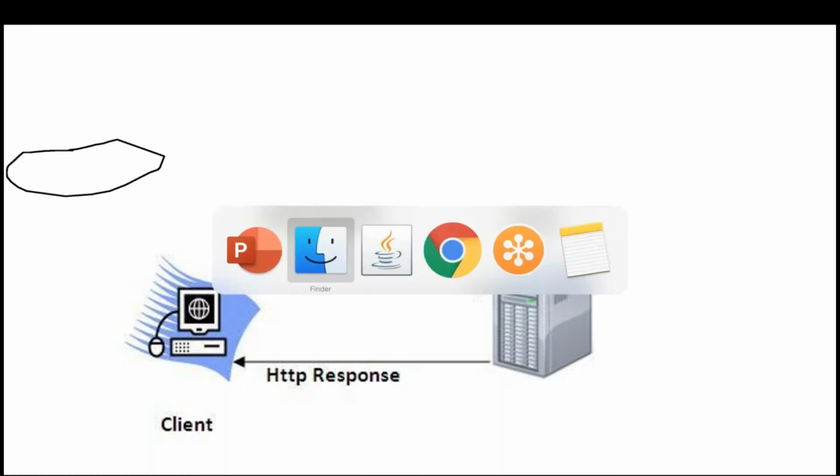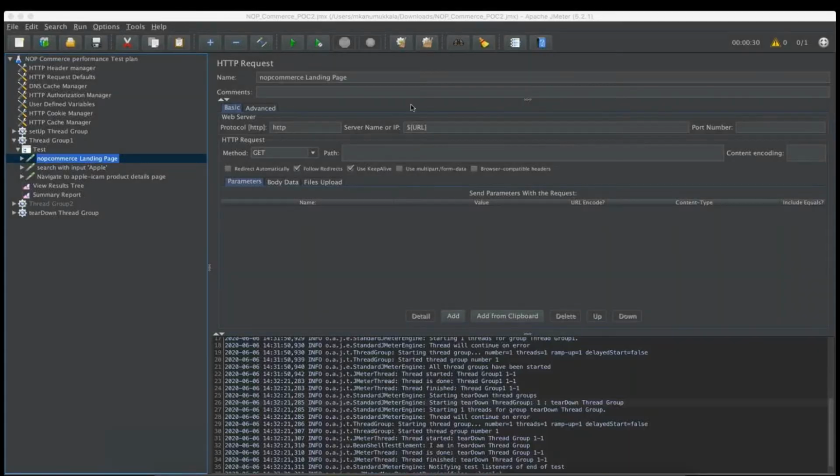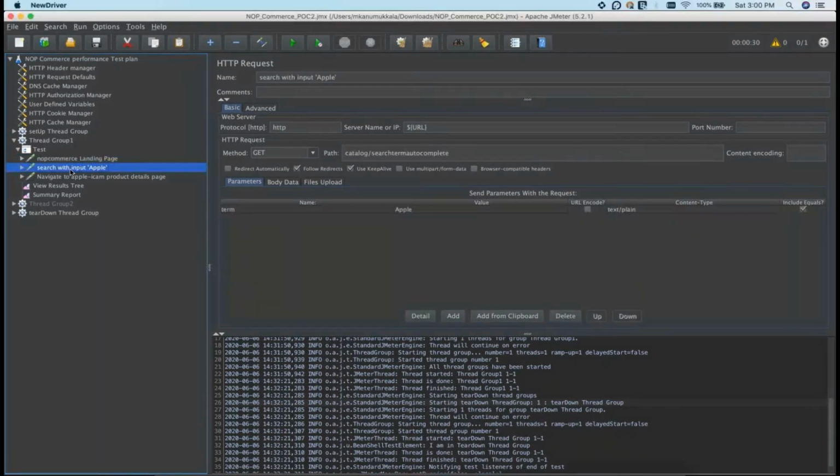To do that, in JMeter, this is the request. We have the landing page request, the search with Apple input request, and another request called navigate to Apple iCam product details.